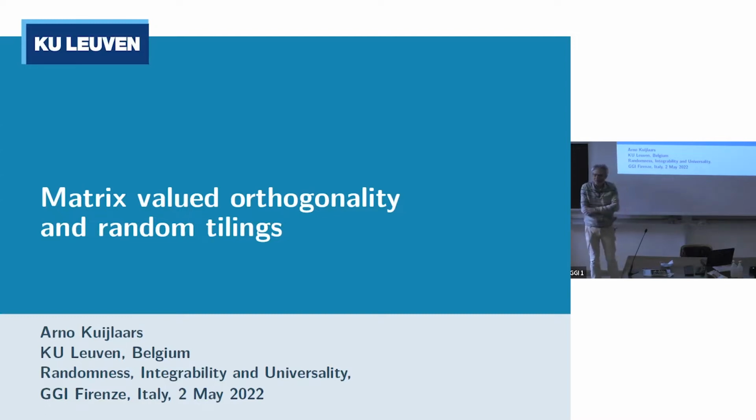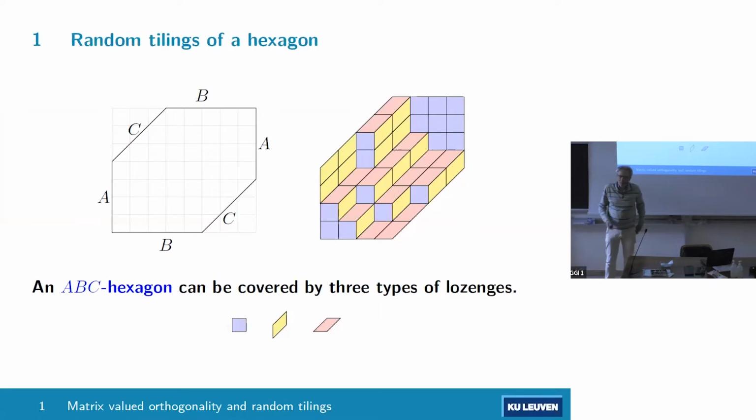So I'd like to talk about matrix-valued orthogonality and random tilings. There were several talks already during this workshop on random tilings, and I want to give a sort of perspective on this via matrix-valued orthogonality, which was developed together with Maurice Duits a few years back. It still remains to be seen how it compares to other approaches, but we'll see. So I will focus on this model, which is a random tiling model of a hexagon,